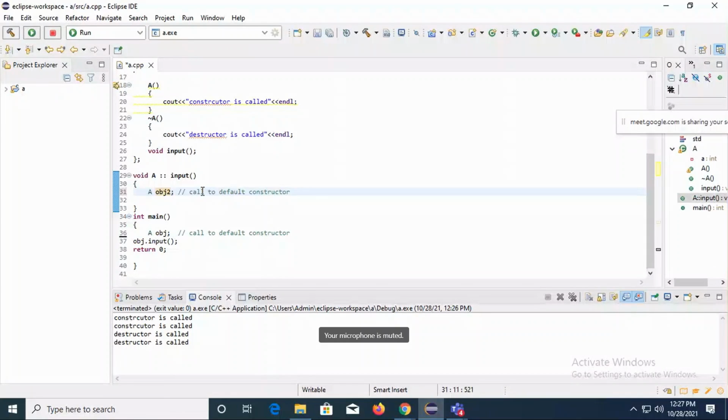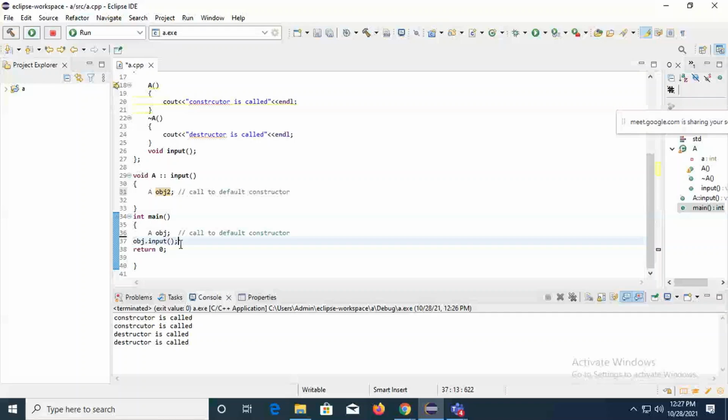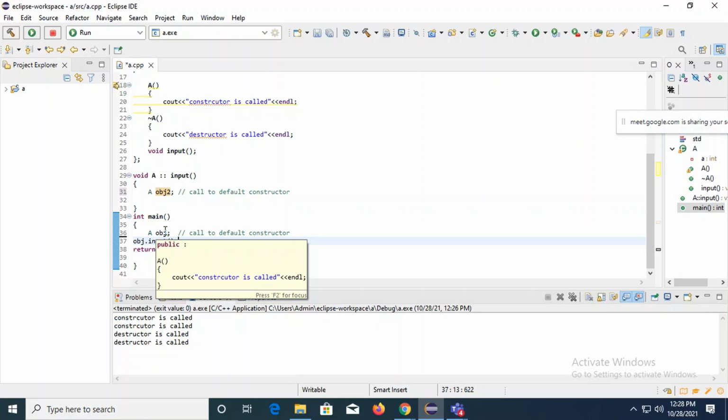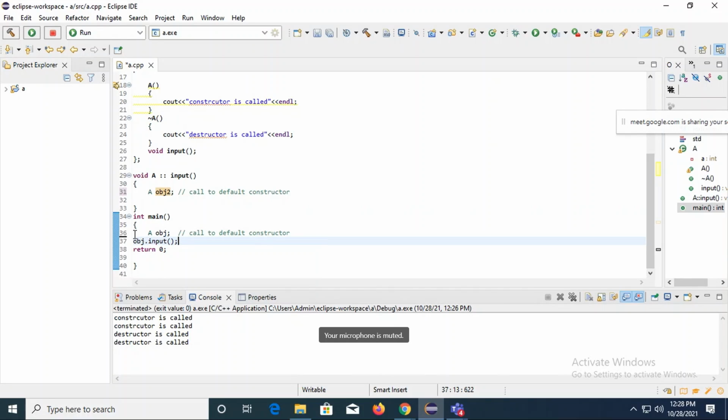So again, a constructor will get called. What will be the next line printed? Again, constructor is called. See? Now the control will come back here. Then the next line executed by the compiler is return 0. Now this is the ending of main, that is, control is coming out of main. Fine. So the memory deallocation will start. Now, the one that was allocated first, OBJ, will it be deallocated first? Or the one allocated later will be deallocated first? The question arises. The one allocated later will be deallocated first.